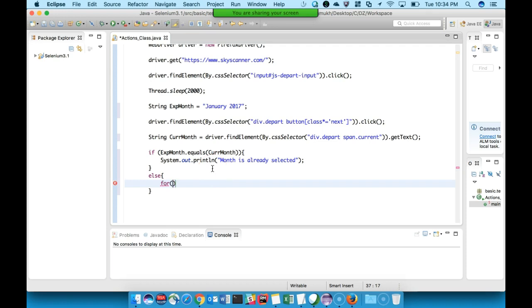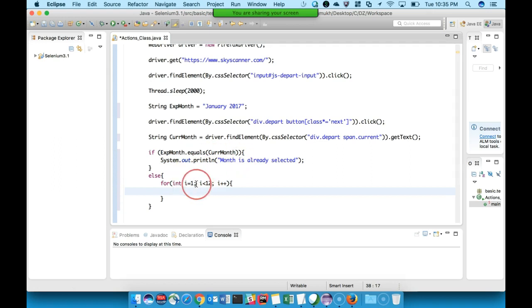Inside the for loop, just for instance, we are going to iterate it 12 times because there are 12 months, and it will not happen so often that we will have to select a month which is 12 or 13 months after today's date in the date picker. Okay, i plus plus.